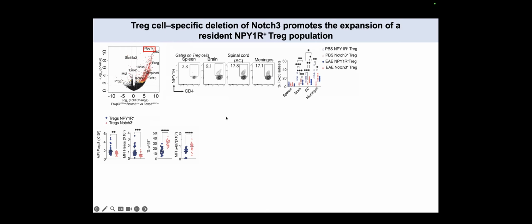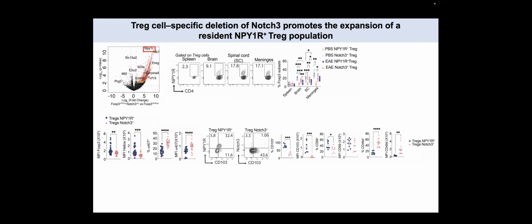And to make a long story short, we analyzed several markers in our bulk RNA-seq, single cell, and so on. And we confirm that these cells express specific CNS resident or tissue resident markers. As you can see with this upregulation of CD103, the neuropeptide Y1 receptor cells are mainly double positive, also with higher expression of CD69, and they express a lower level of CD49D, which is involved in the migration to the CNS. To finish this study, we really wanted to know if this population plays a role